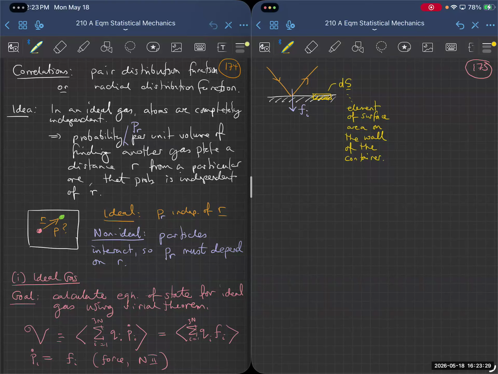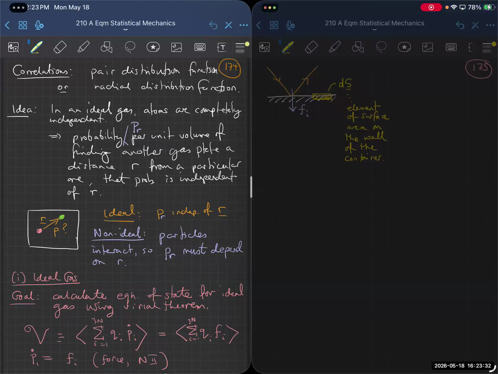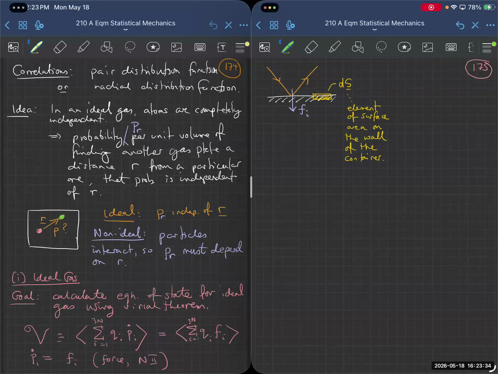And so that means that if I want to measure what is the pressure, well, the pressure I feel is the pressure that is in this direction. So that's the pressure. So that means that the force from particle i is minus the pressure times the element of surface area that it is exerted on, dS. And I'm writing down here that the coordinate